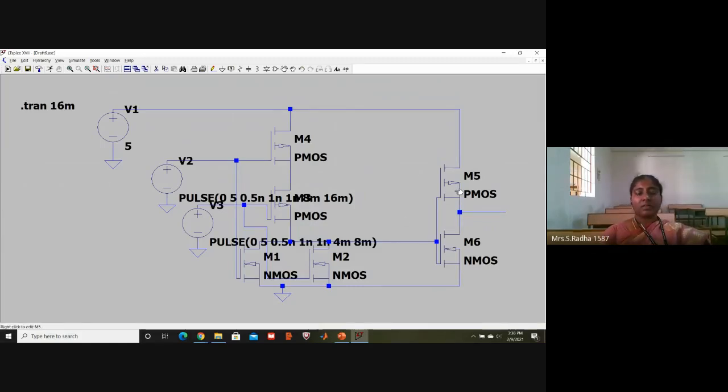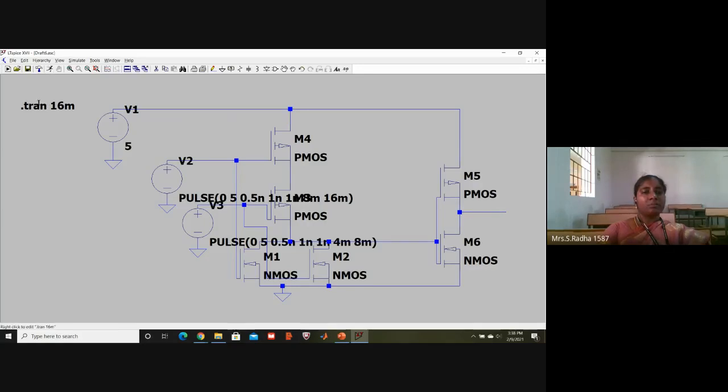I have connected one inverter. So this is PMOS, this is NMOS. Their gate points are connected, source and drain are connected, and the previous output is connected to the inverter, the top point connected to VDD, bottom point connected to ground, and at the output side, one connection is taken out, one wiring. Here we will take the final output.